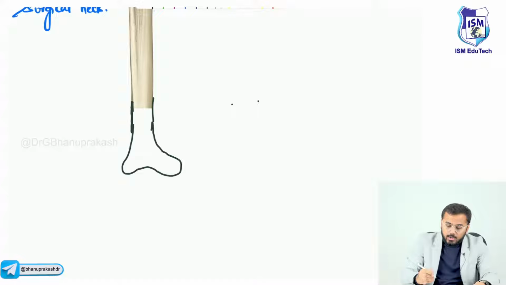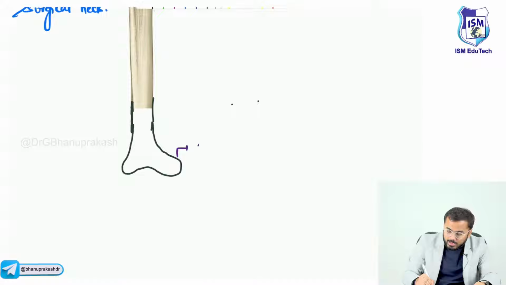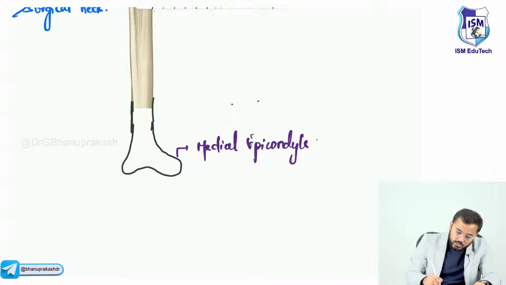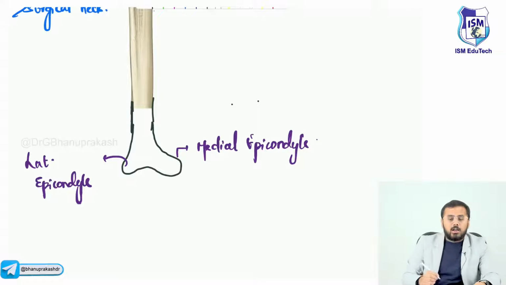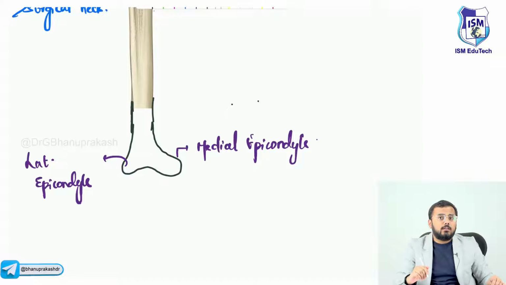Right. Now this is called as medial epicondyle. This is called as medial epicondyle. Now if this is called as medial epicondyle, this should be called as lateral epicondyle. Lateral epicondyle. Sir, how are you telling this is medial, that is lateral? On what basis are you telling? On what basis I am telling is that,